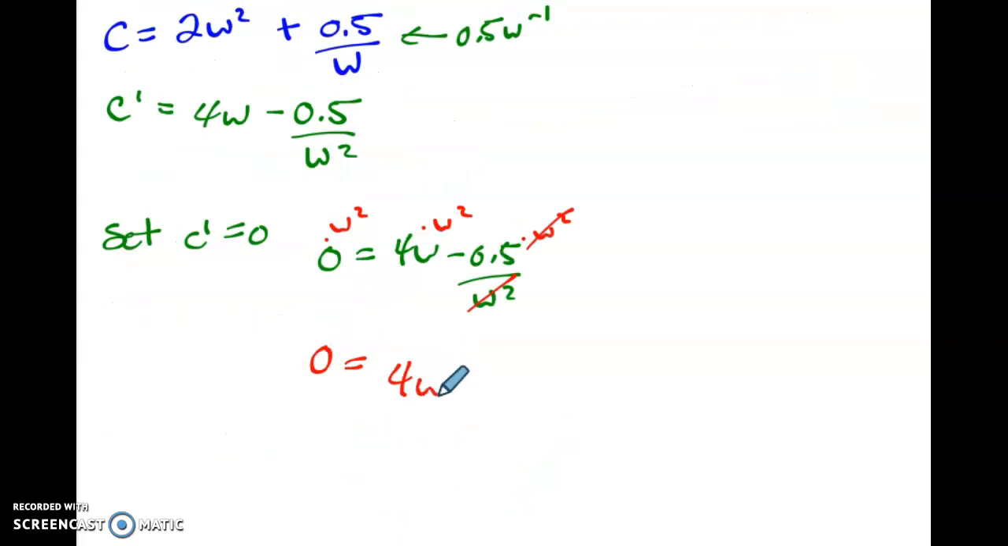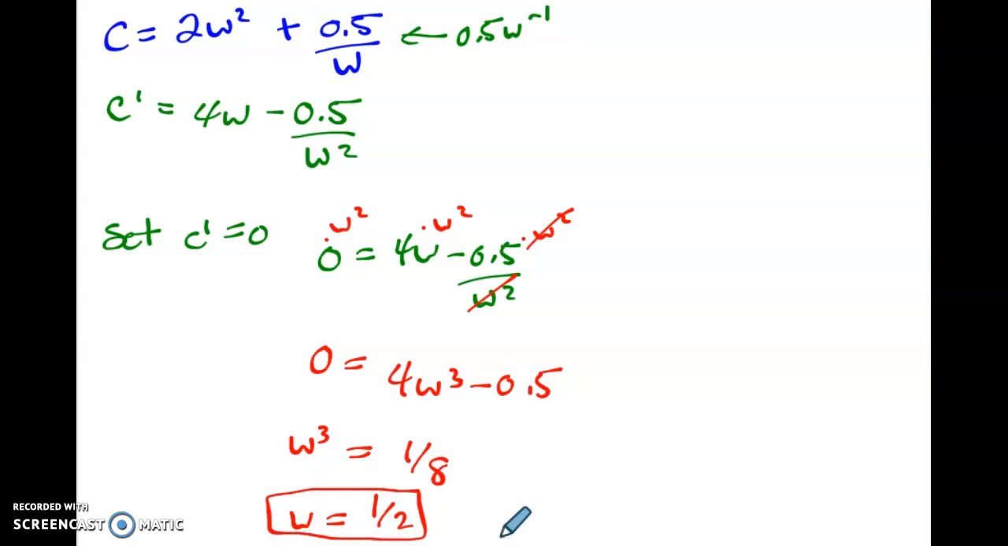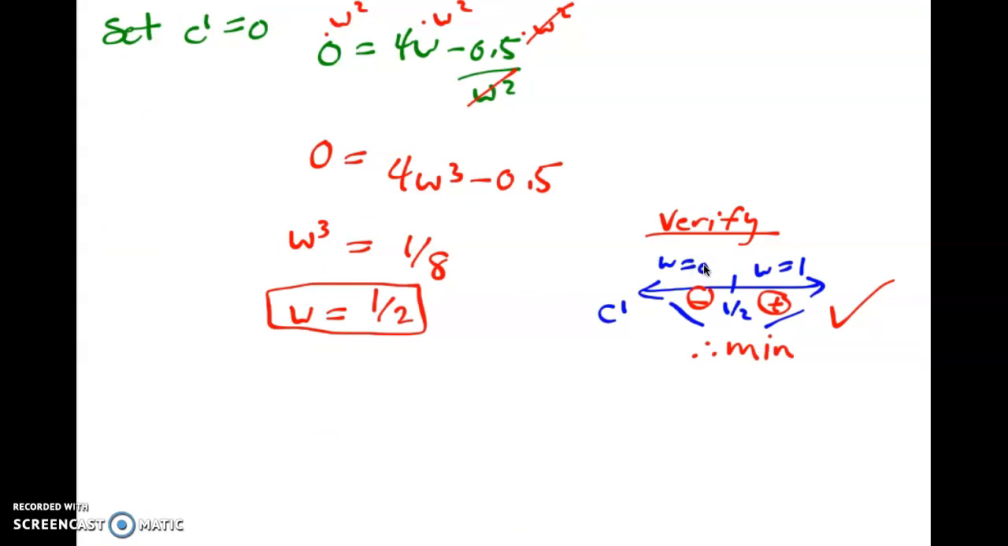So we have 4w cubed minus 0.5. And now we want to isolate that w. So we get that w cubed is going to be 1/8. And if we take the cubed root, we get that w equals 1/2. Okay. So we want to do a little verification step now. And so for verifying it, I used a test point of 0 and 1 to check on either side of the half. And I got that c prime was negative and then positive, so that is a minimum,